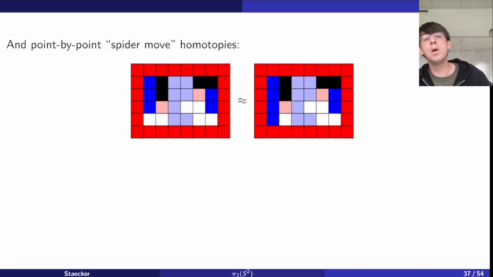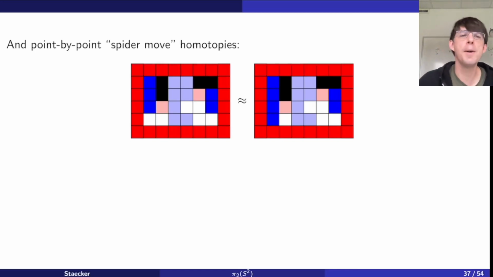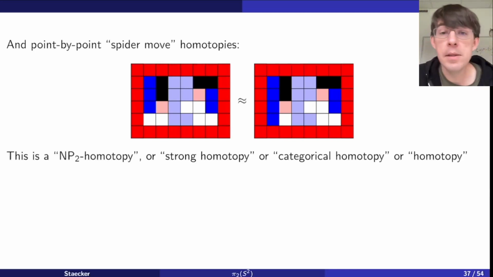So these are changing one point at a time, which in the literature there's some graph theory papers that do very similar stuff to this digital topology, and they call this type of move a spider move. A few years ago I wrote a paper where I called this a punctuated homotopy, which I thought was very sort of highfalutin language. Punctuated meaning like one point at a time. I think spider move is a little cooler. In the literature, what I'm talking about here is sometimes referred to as a NP2 homotopy. There are a few different